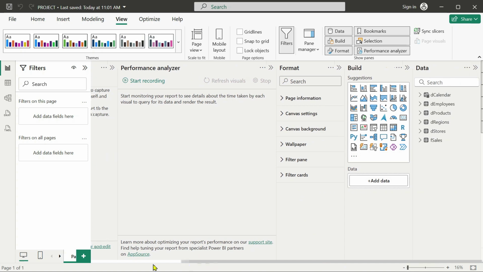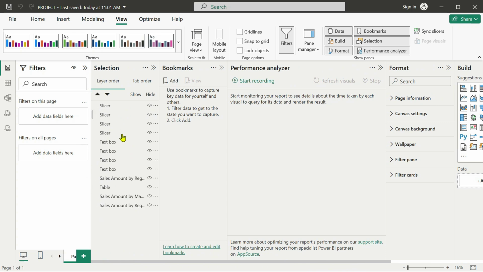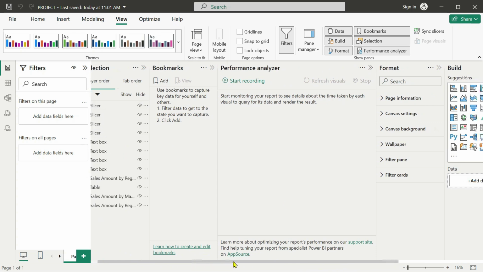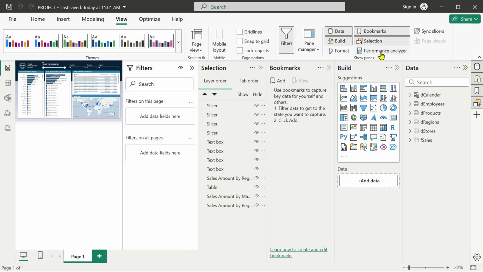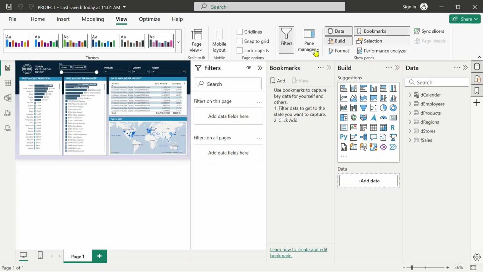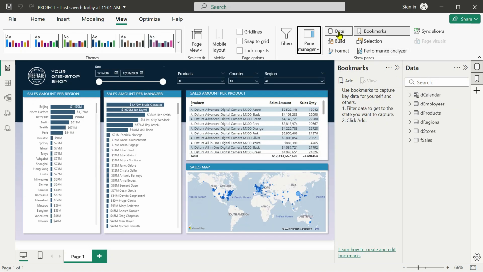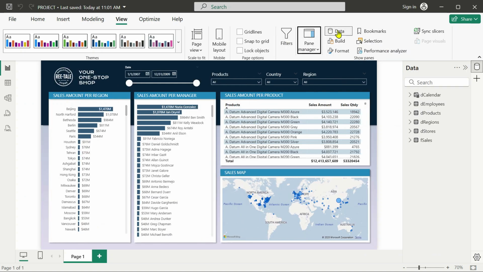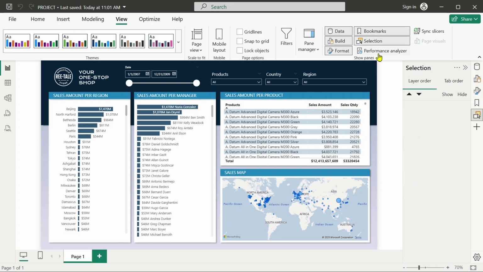And the more panes you have by default, the more they're going to hide your report. So in this case, you must choose the best way to handle this. A possible way to do it is just disable the ones you're not using at a certain time. Or you can select show only one active pane at a time. And in this case, whenever you choose a pane, it's going to appear. If you choose another one, you're going to switch panes, but you're not going to have more than one pane at a time.